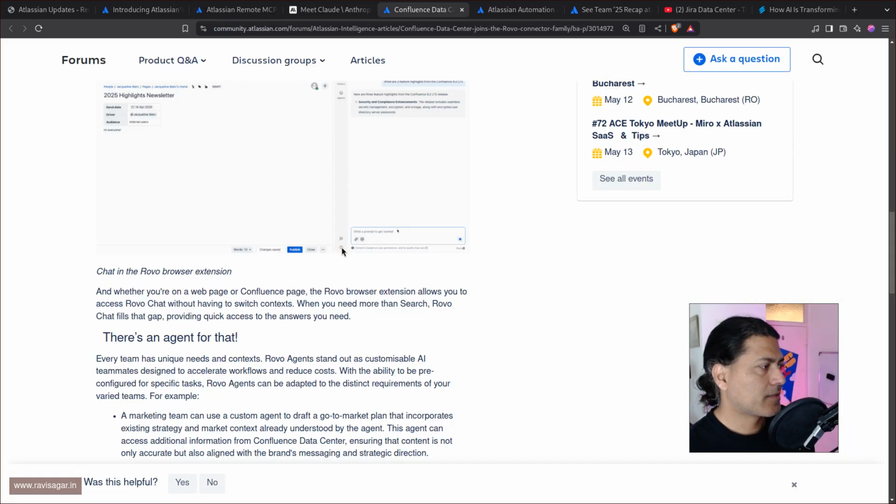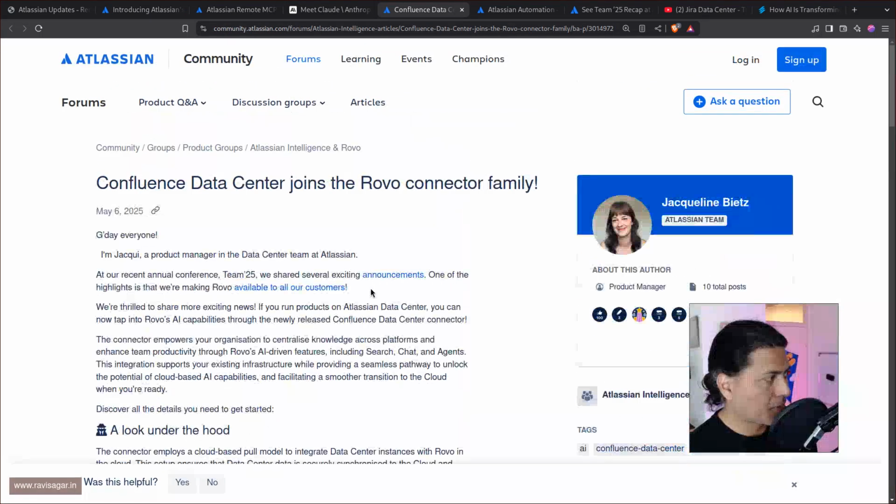Let us take a look at the next update. The next update is also related to AI. So we all know about Rovo, right? Rovo is, of course, getting pushed by Atlassian. And whenever we talk about Atlassian in general, we always hear Atlassian talking about cloud, right? But fortunately,